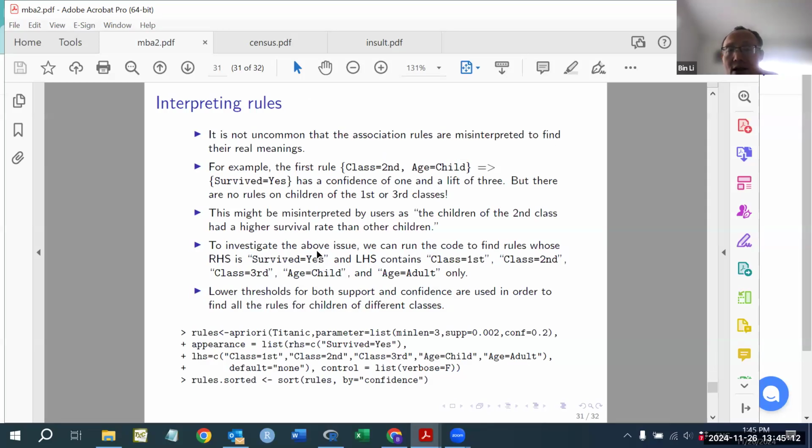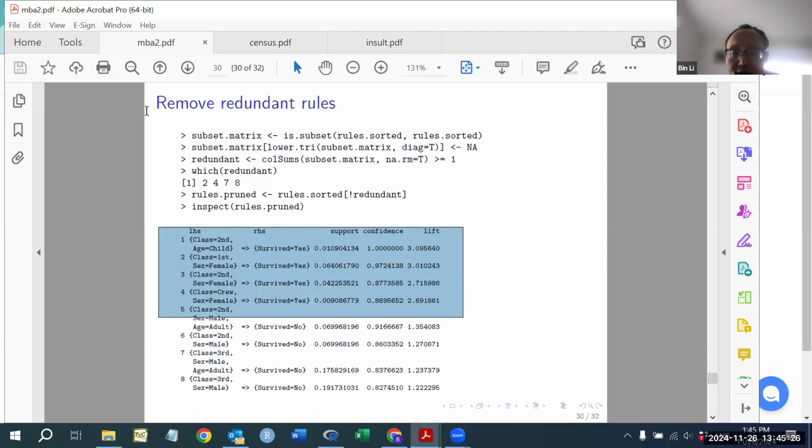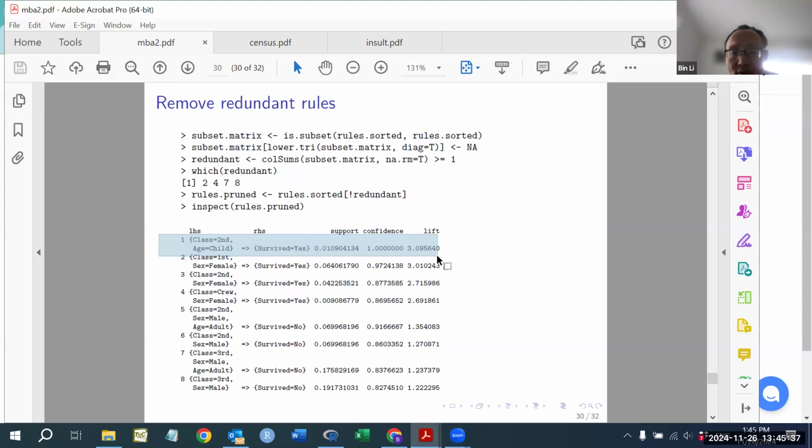Okay, and here interpretation for the association rule mining results are very tricky. Sometimes we may misinterpret the rules. For example, for survived is yes, we only found those second class children, so the survival rate is high. First class female survival rate is high, and second class female survival rate is high, right? So here,